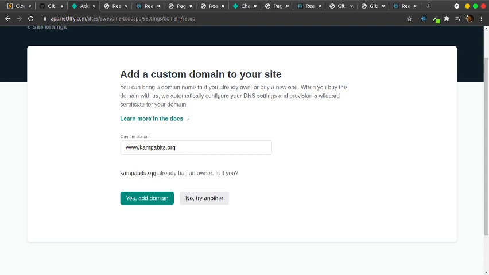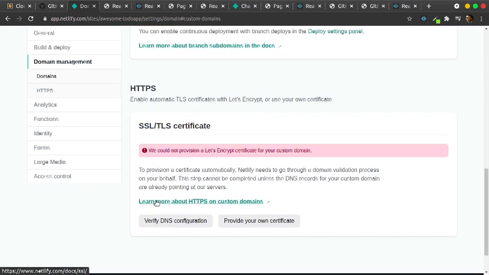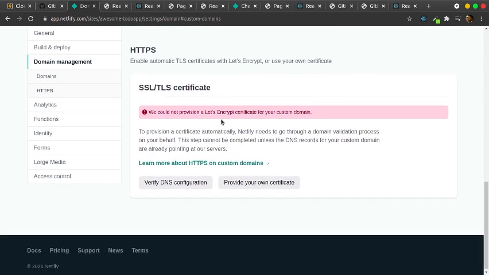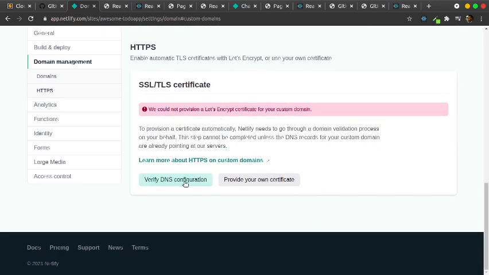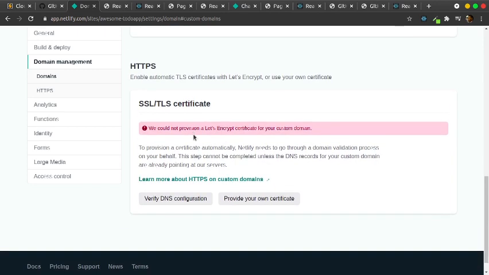See, Campabits already has an owner. Is it you? Can I say yes? Add domain, okay. So I can add the domain. Of course, what I'm doing is not right, because I don't have the DNS configuration. But in your case, you simply have to click on the